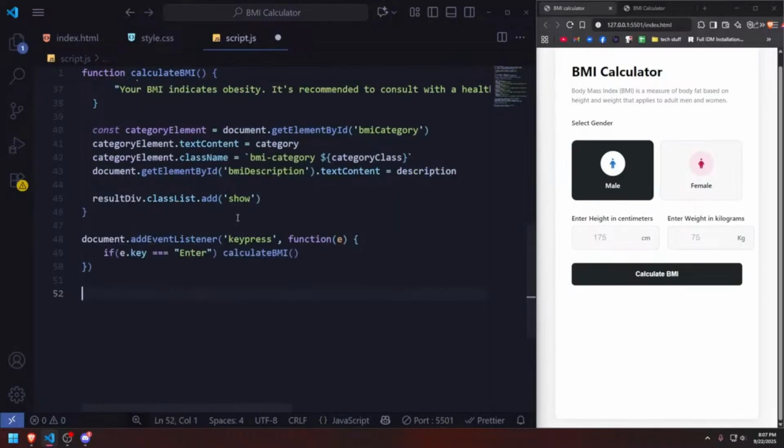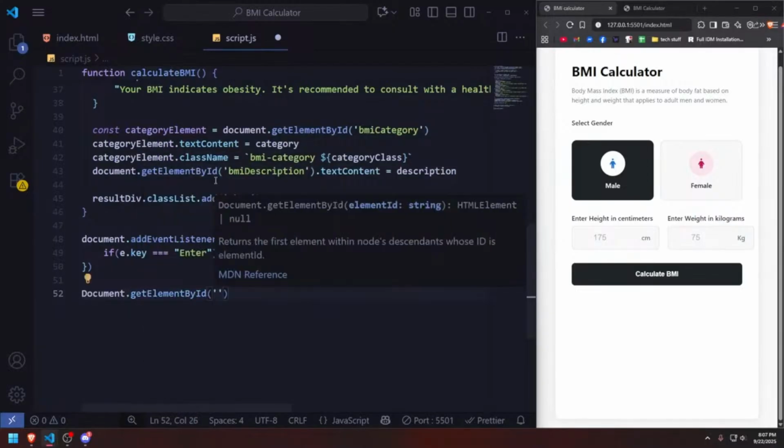Let's see if there are any errors. I don't think there are. This is an already made one. Let's see if we run into errors or it will just work. So the first thing is the male and female, right? I'm just gonna have the same